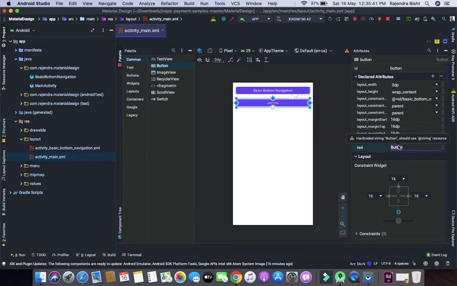Let's say shifting bottom navigation. Let's give it an ID.